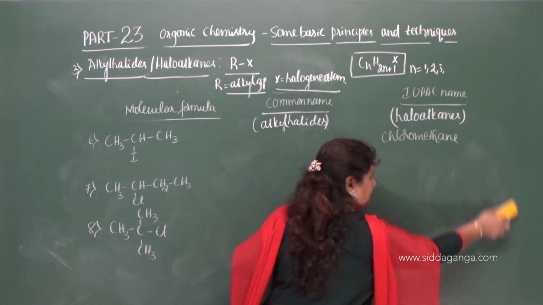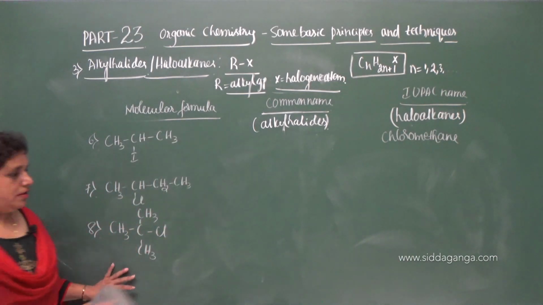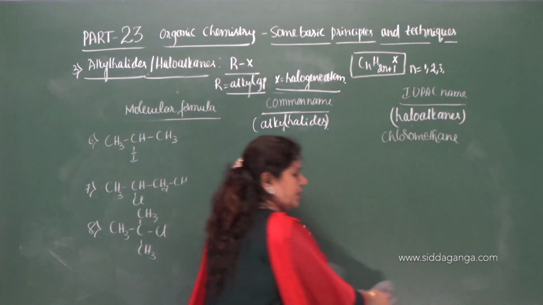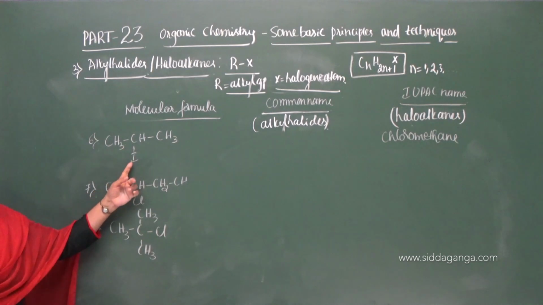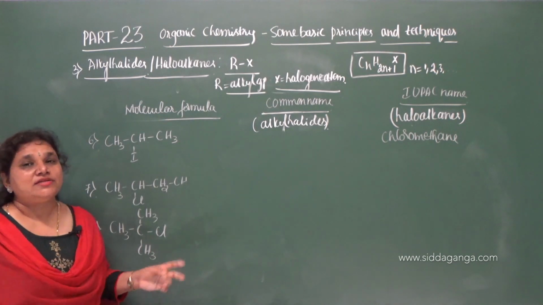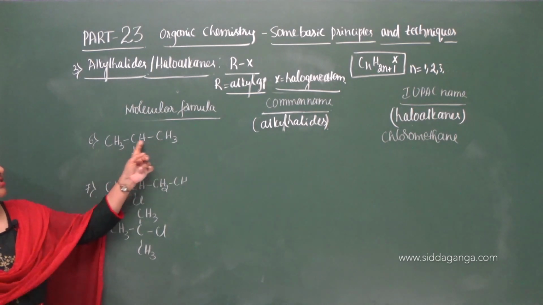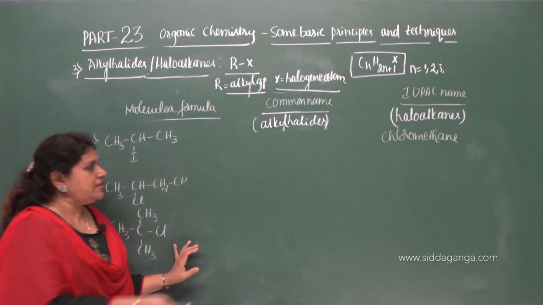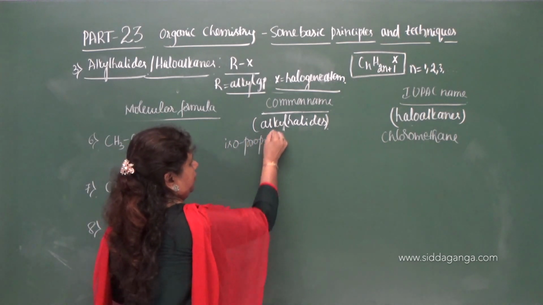Now you give the common name and the IUPAC name. So here there are 3 carbon atoms and there is a branch in the carbon chain, but at that branch we have a halogen atom here, because with 3 carbon, as I said, we cannot branch the carbon chain, but as iodine is attached as a branch here, so what is this propyl? 1, 2, 3. Propyl group is there, but it is branched, hence it is isopropyl. Isopropyl iodide.